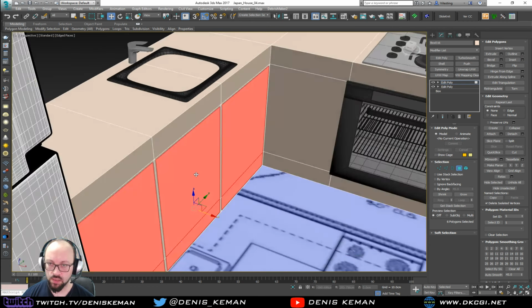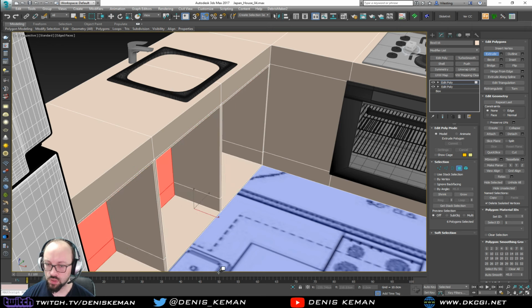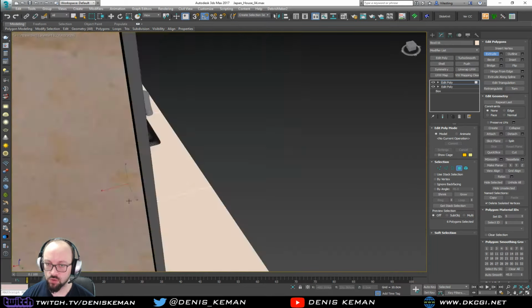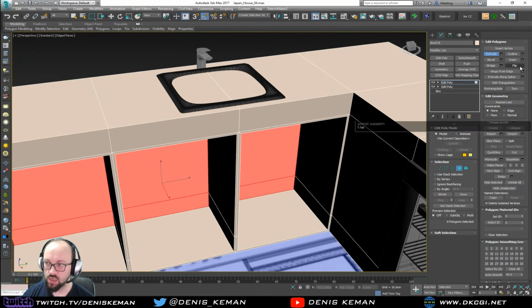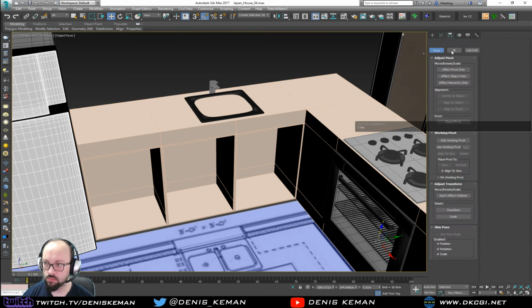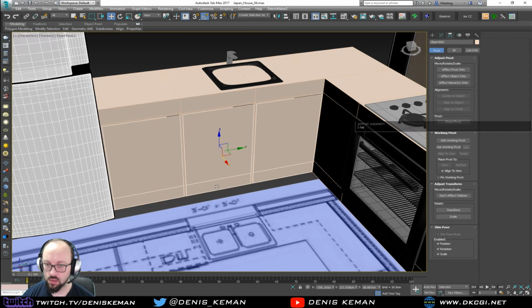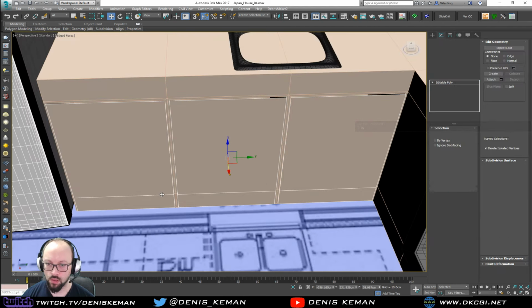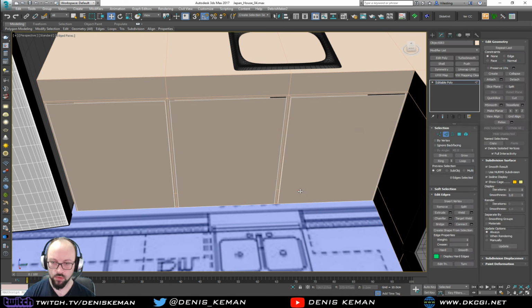And select these guys. Bring them in. Extrude them inwards. Really doesn't matter how far they go, because they will not be seen. But we will do something else. We're gonna detach these. We're gonna detach as a clone. Select them. Center to object. Bring them all the way back to where they were. Remove these guys, make them a shell. Make it 2 by 0,